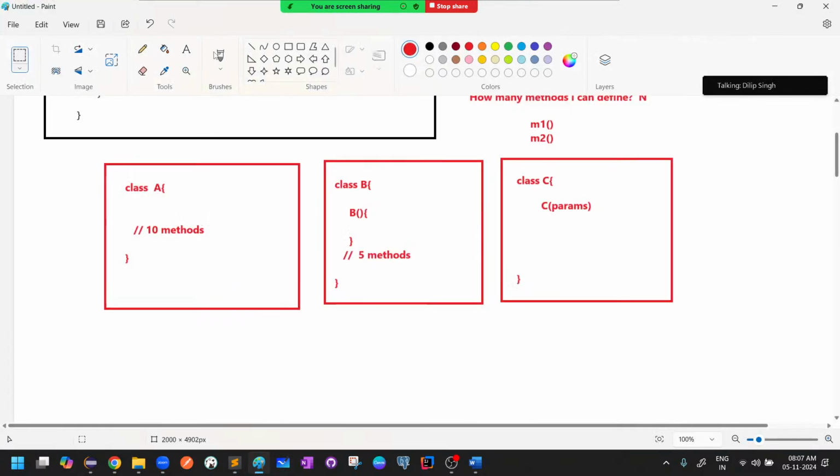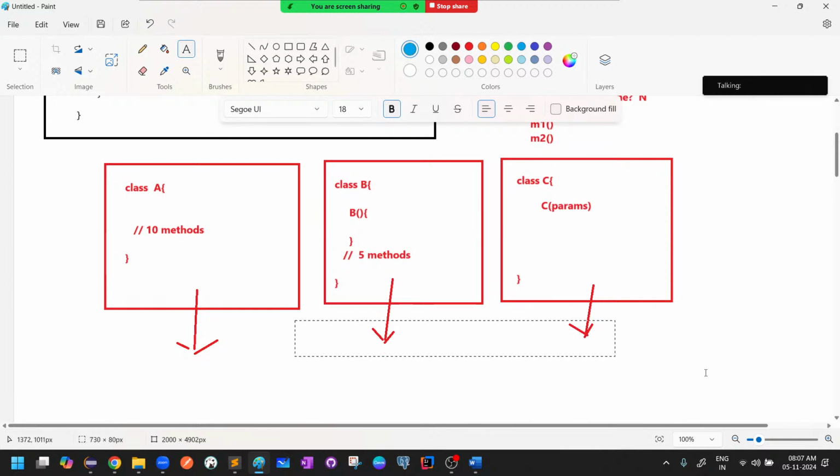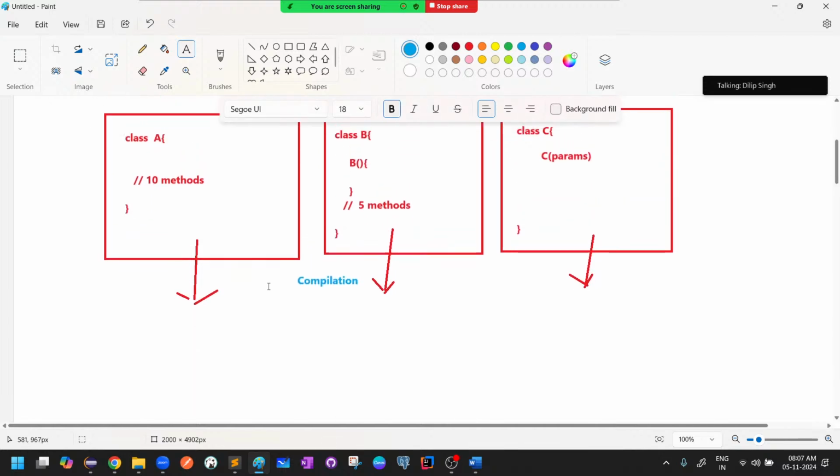So that means in this case, based on the rule, whenever you are compiling the program, whenever we are doing the compilation, what is going to happen is Java will verify whether this class contains any constructor or not, whether any constructor has been implemented by the developer or not. So in this case, what is going to happen is, immediately Java, whenever it is creating, see,